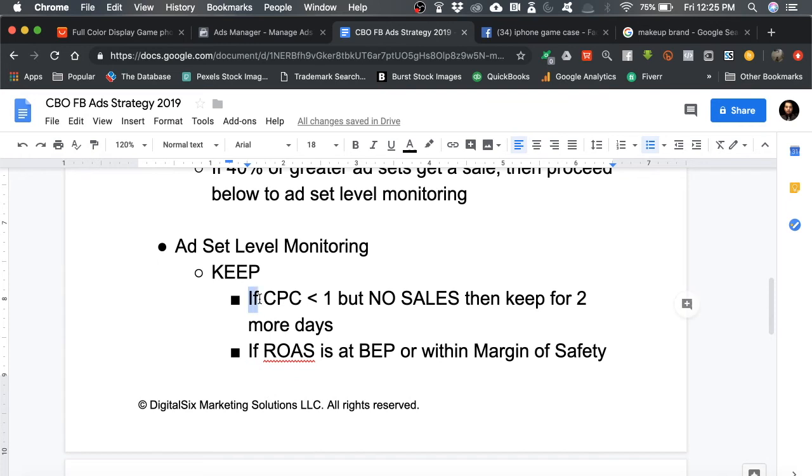First point. If the cost per link click, and hopefully you know what this is, but if you don't know what this is, cost per link click is how much it costs to actually get people to click on your ad, right? And obviously, a low cost per link click means a lot of people are clicking on your ad. Typically, for impulse buyers and e-com, you want your CPC to be below $1. So the first condition, if the CPC is less than $1, but no sales, you keep that running for another